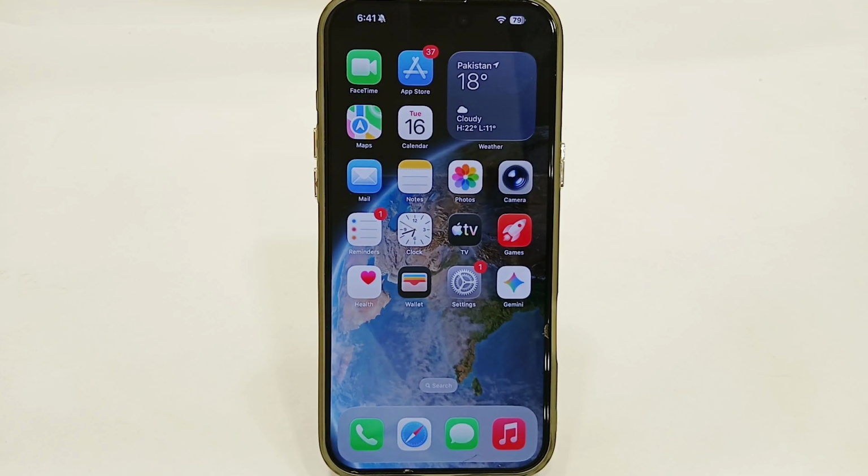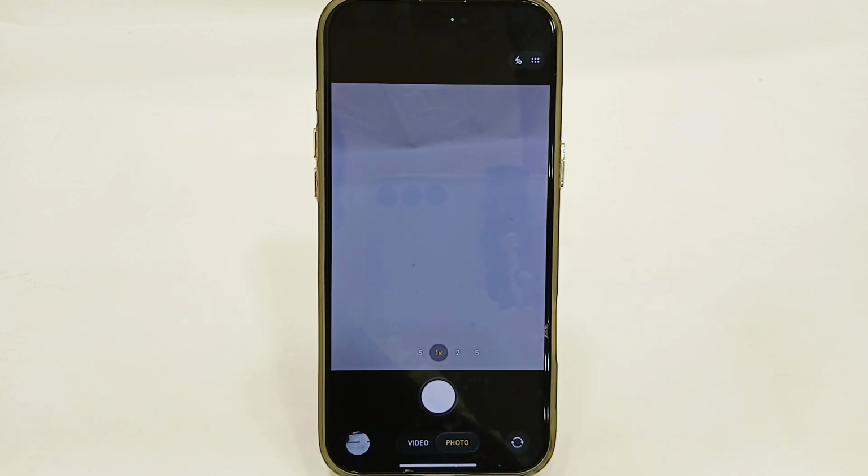Hey guys, today I'm going to tell you how to copy and paste text from an image on iPhone. If you're using any iPhone and you want to copy and paste text from any image, let's see how you can do that. You just have to simply open your camera app